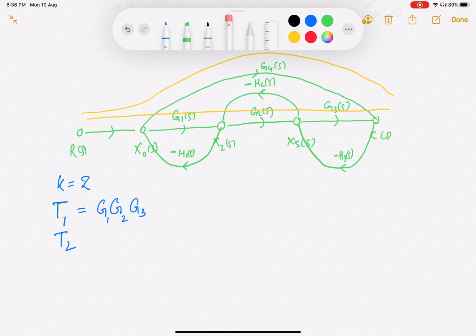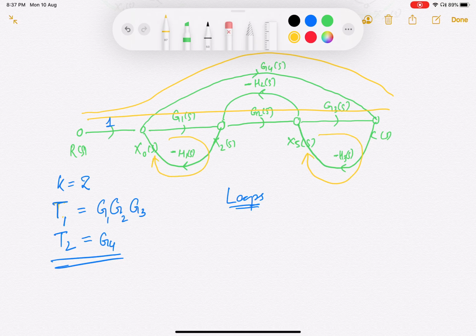This is a gain of 1, right? So you could even eliminate this node and write RS here straight away. Anyway, so the other forward path is G4, right? And so these are the forward paths. Now, what are your loops in this? So you can see one loop is this one, right? The other loop is here, right? Two of them here. The third one could be if you start from here, go like this, and go like this,